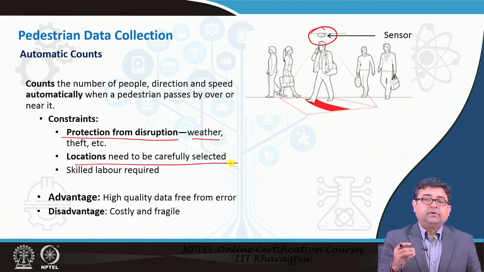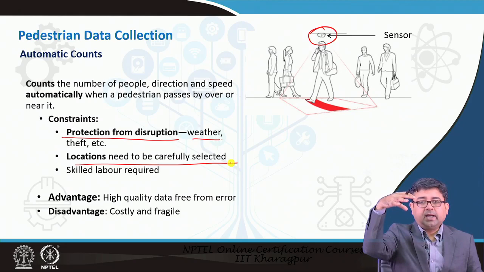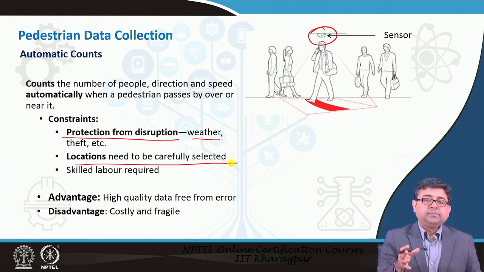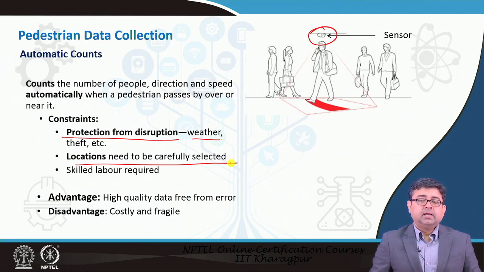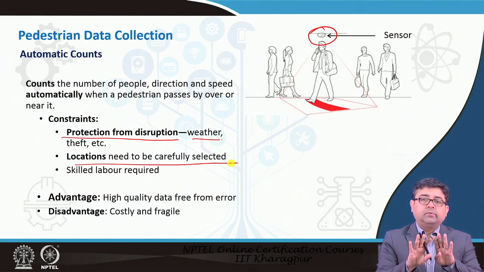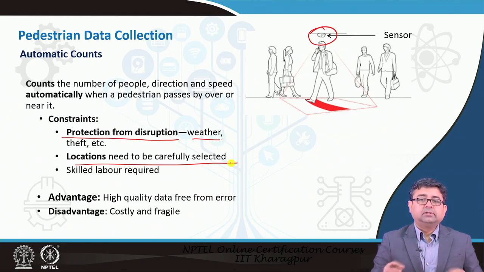Or, for example, what often happens with automatic counting is that if there are two people that walk side by side and you have a device that is not overhead, but is on the side of the road or the side of the footpath, then both of the pedestrians are counted as one. We call this occlusion in many situations, where two people are counted as one, so the volume counts get almost halved.